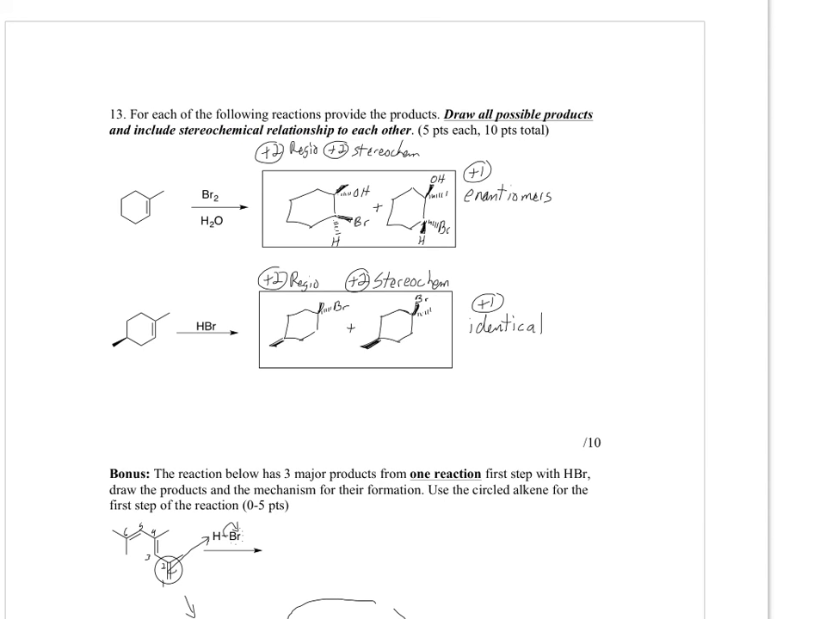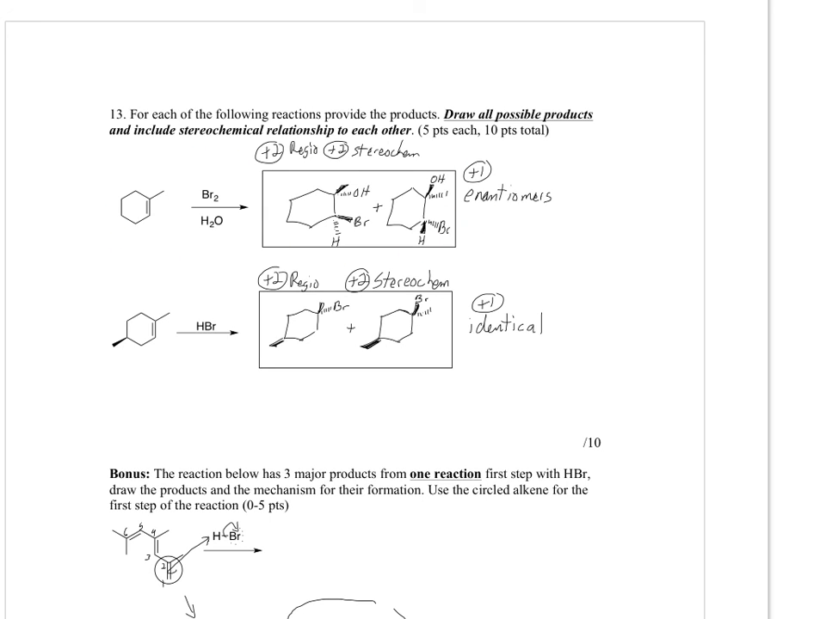So number 13 here: for each of the following reactions, provide the products, drawing possible products, including stereochemical relationships to each other. So here we have Br2 in water. So again, we have some regioselectivity here and some stereoselectivity. So the bromonium ion is going to form, and the water eventually is going to attack the carbon that's more substituted, which is this one here. And since the bromonium ion can form both at the top and the bottom, we have a bromine up and an OH down, and an OH up and a bromine down, so you're creating enantiomers. For full mechanistic detail, be sure to go back and look at your notes for how Br2 adds, and especially